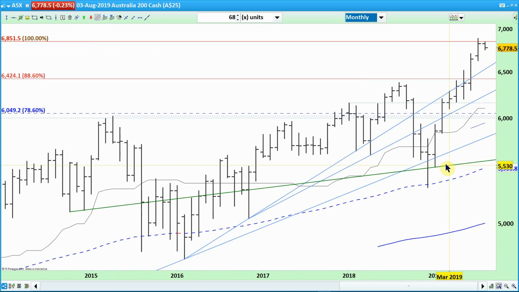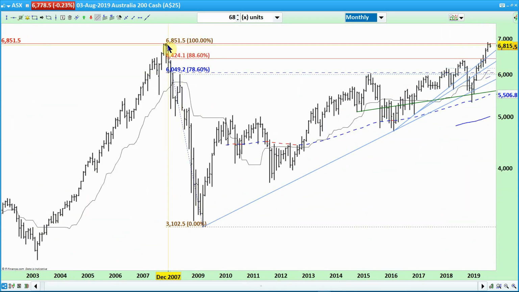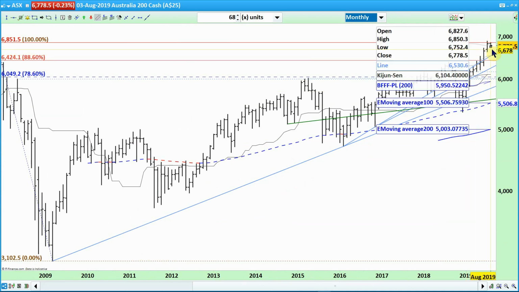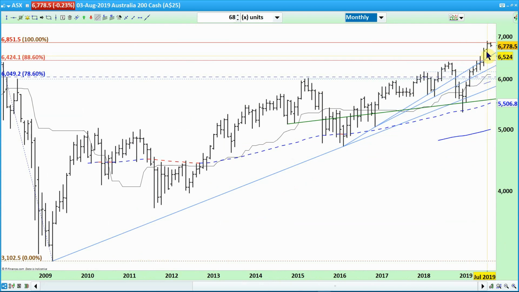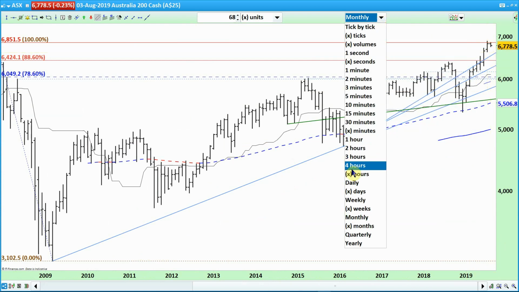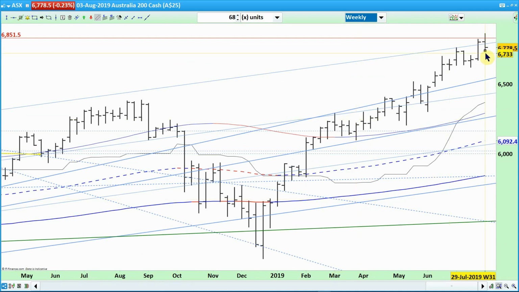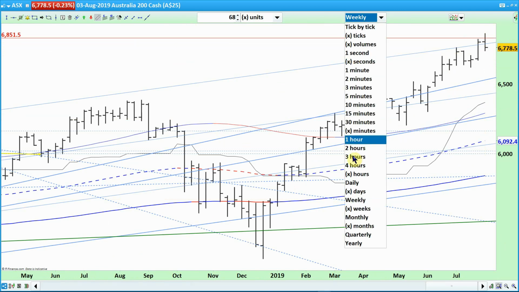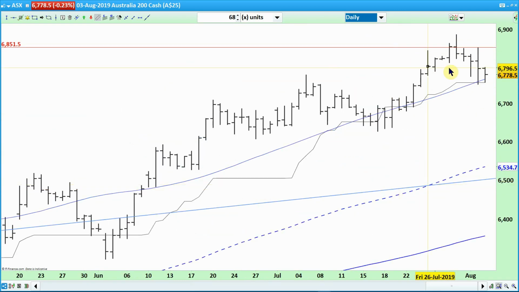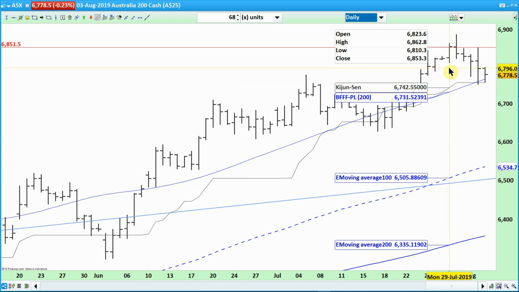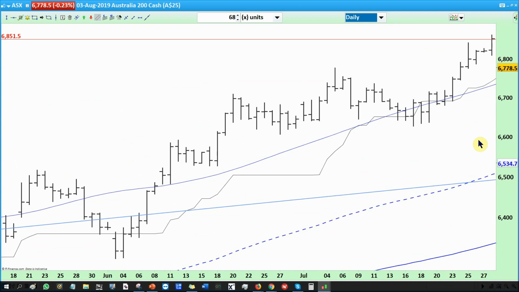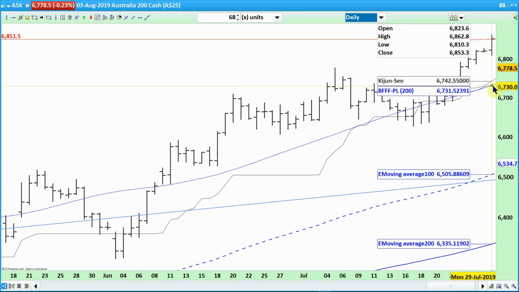So if we go to the monthly, this 100%, which was 6851, was actually touched in July, and did it in August? August was not touched. So it was only touched in July 2019, and that was last week, the week starting from 29th July. If we go to daily, I'll tell you the exact date. It actually touched on 29th of July, and on 29th of July it went above